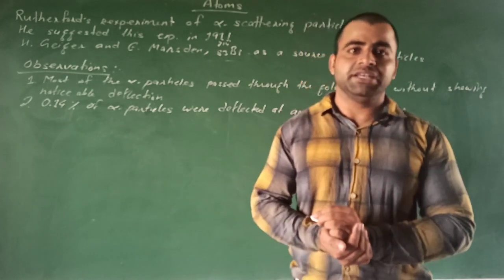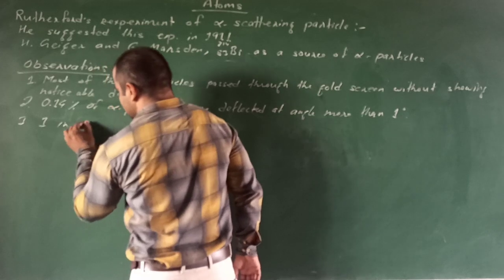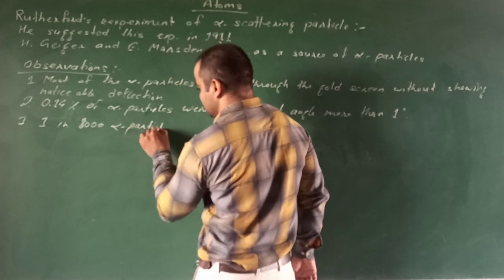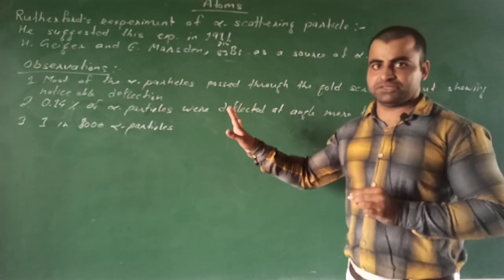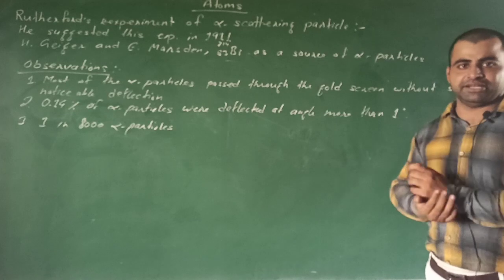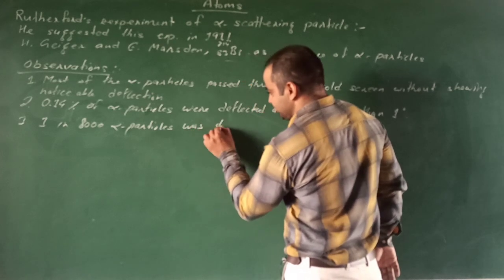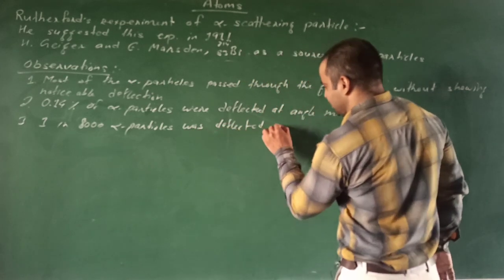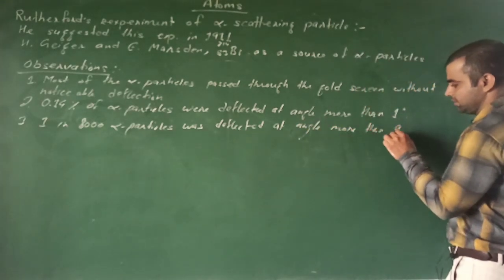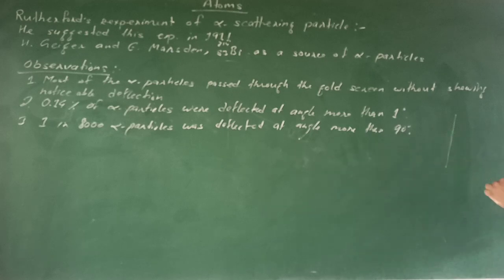And about 1 in 8,000 alpha particles was deflected at an angle more than 90 degrees. Means if we are seeing here the gold screen,